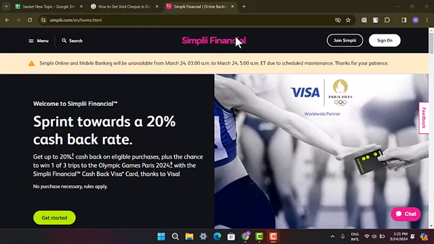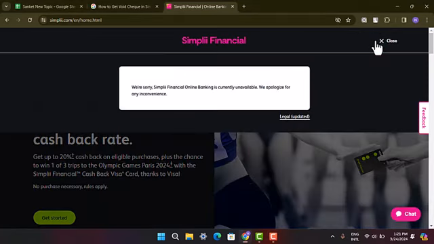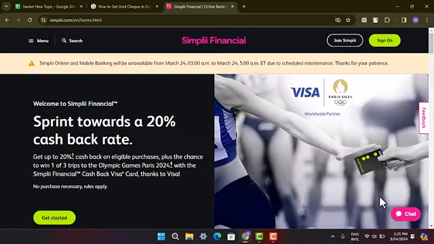And then to begin with, go ahead and open up a browser, and on the web address bar type in simplii.com, and that's going to take you to the homepage of the web page. So right on this page, go ahead and tap the sign on button and then log in to your account by entering your credentials. When you're logged into your account, that's going to take you to the home page, and